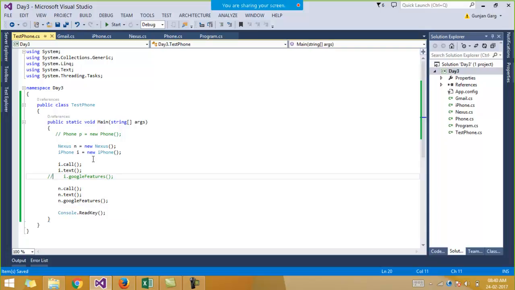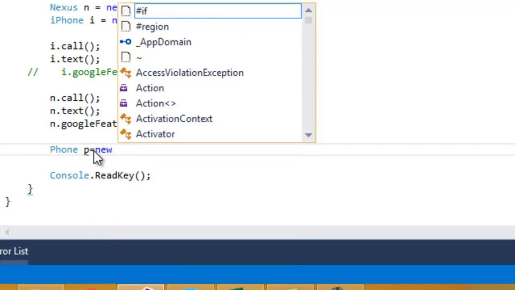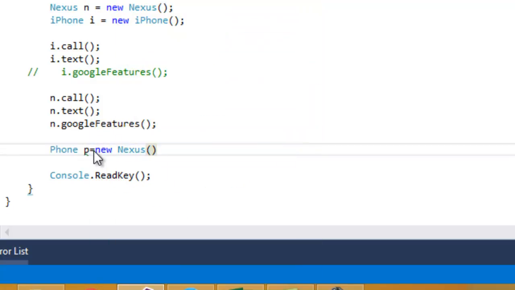So in this, what we are doing is simply creating the object of the implementing class and not the interface. Out here you are simply creating the object of the two classes, the Nexus and the iPhone class. And you can create the object of these classes in one more way. Say we have an interface, the phone interface. I say Phone p is equal to new Nexus.